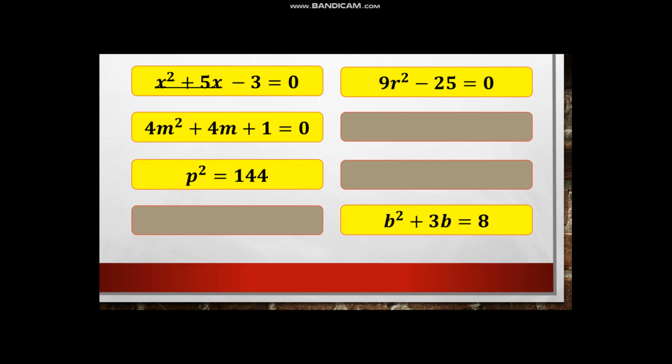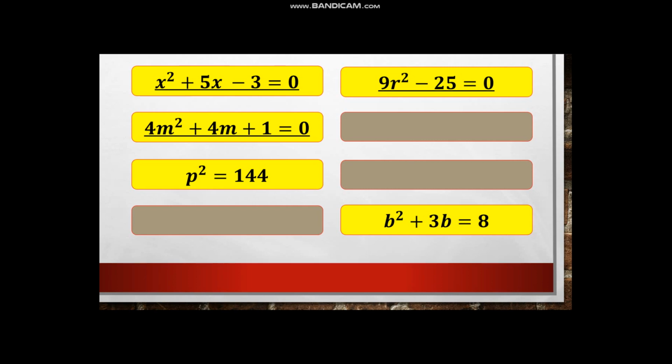The answers are x squared plus 5x minus 3 equals 0, 4m squared plus 4m plus 1 equals 0, and 9r squared minus 25 equals 0. They are all written in standard form except for p squared equals 144 and b squared plus 3b equals 8,